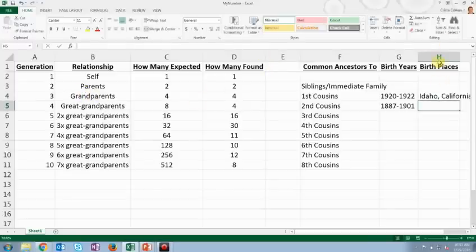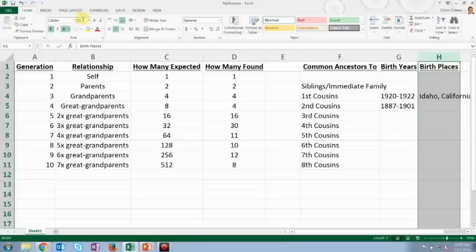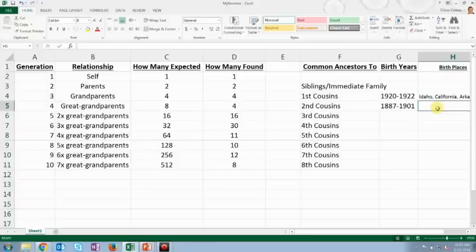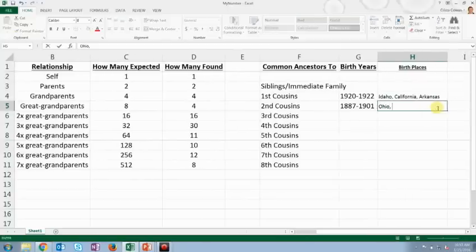Now, if I need to make this smaller, I can do that so that this all fits. Come in here and just shrink it down, make the column bigger, however you need to do that. These grandparents were all born in Ohio and in Arkansas and in Utah. And there you go. Okay, and so then again, you go through each subsequent generation and just make a list of birth states or